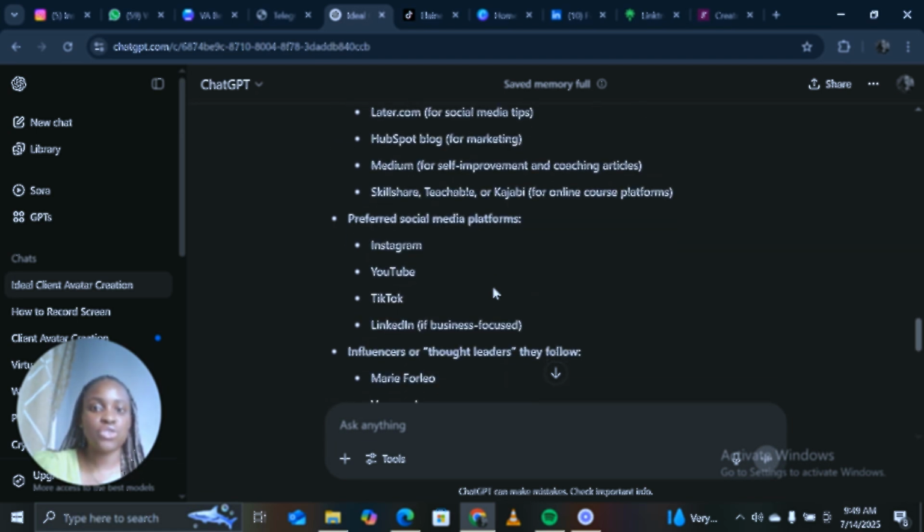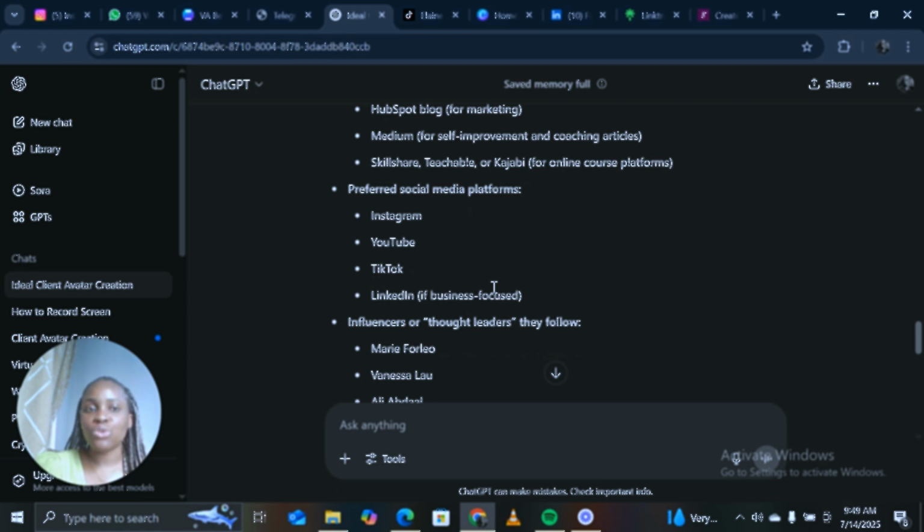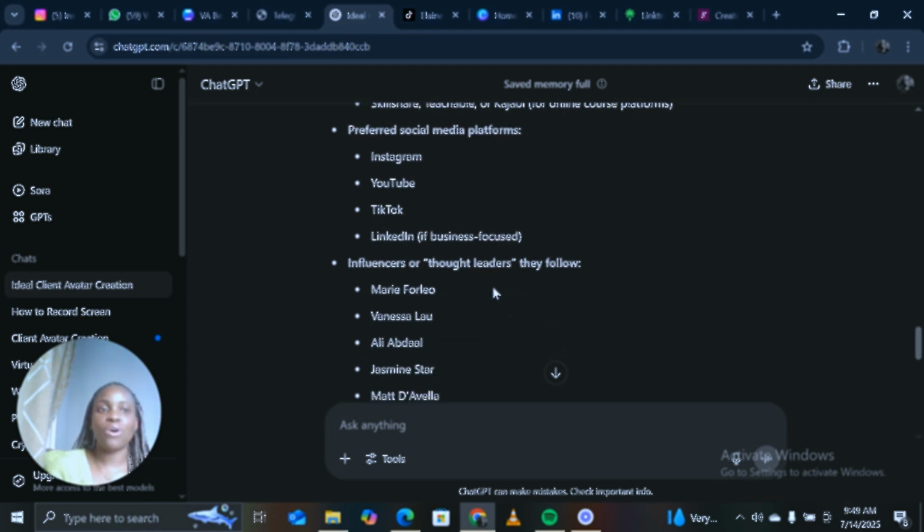If it's Instagram, YouTube, TikTok, LinkedIn, Threads, or Twitter, X right now, you want to go on this platform, follow the people, and search through the comments of the people that follow your thought leaders. Hope I'm not rambling, but that is the point. That's how to find your ideal clients and send them cold emails and discover